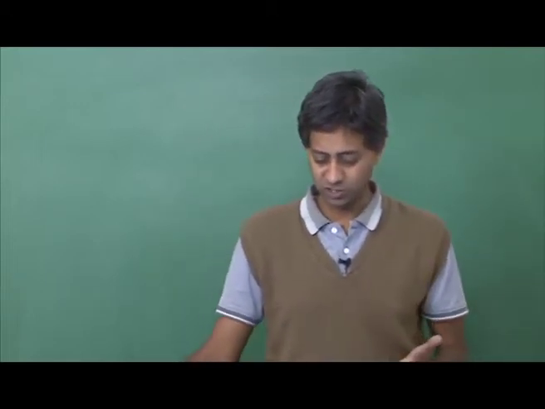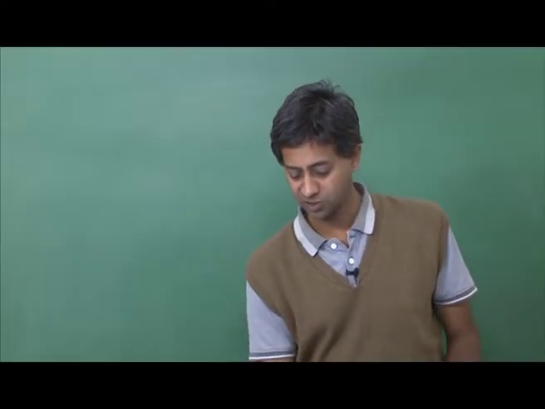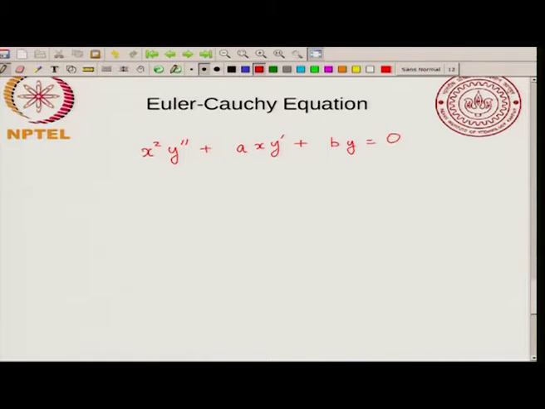So, what should the solution look like? You know that when you take a second derivative of some power of x, you get the power of x reduced by 2. Now you are multiplying by x squared, so you will get back to the same power of x. So, the trial solution is y equal to x raised to m. If you try this, then y prime is equal to m x raised to m minus 1 and y double prime is m into m minus 1 times x raised to m minus 2.